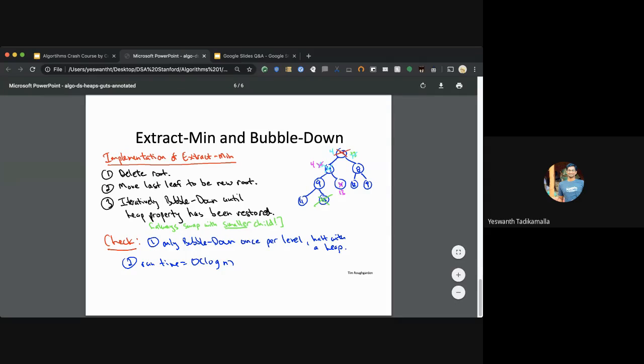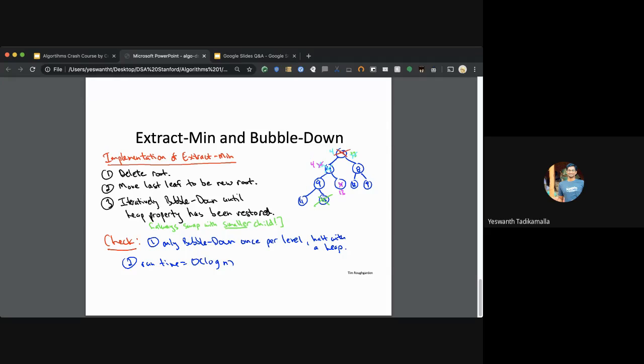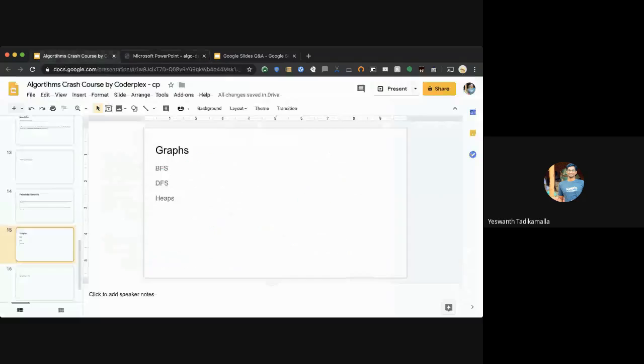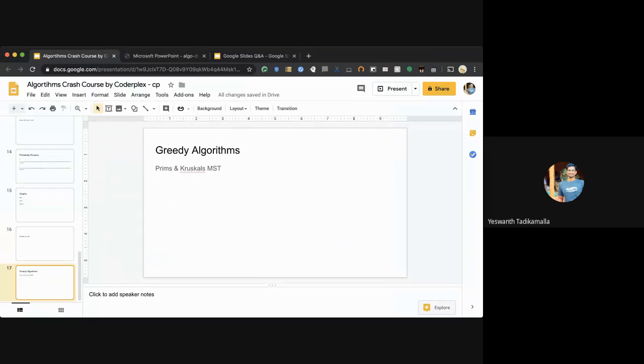The log n comes from the height of the tree. For a given n elements, the height of the tree is log n to the base 2. That's because with each level the number of nodes possible doubles. So the runtime of insertion or removal is about log n. That's how the doubling results in the whole height of the tree being in the order of log n. That's about heaps.